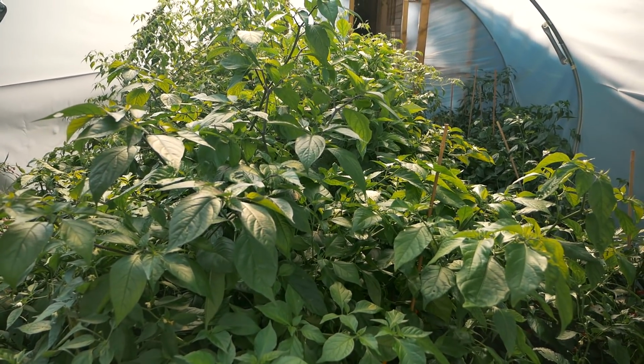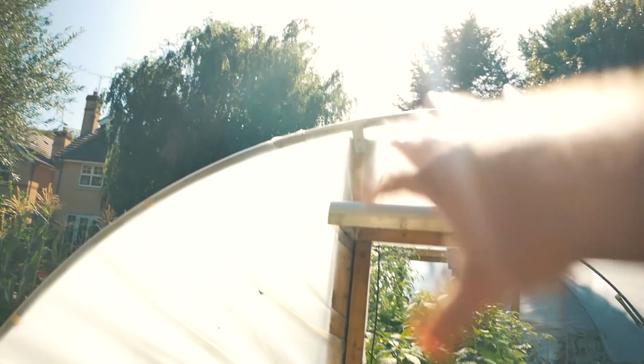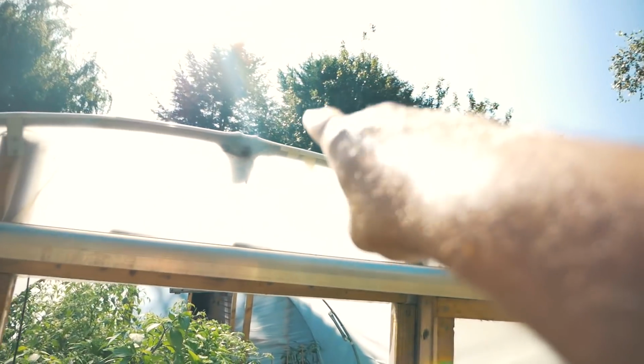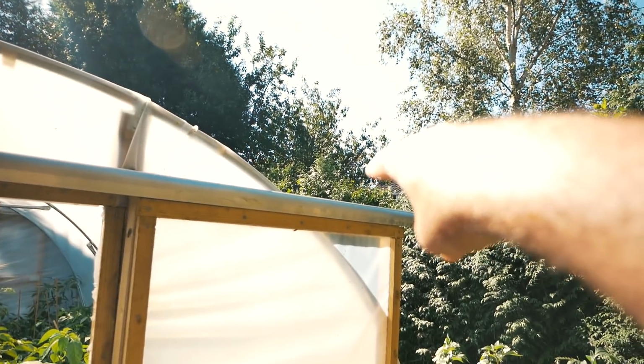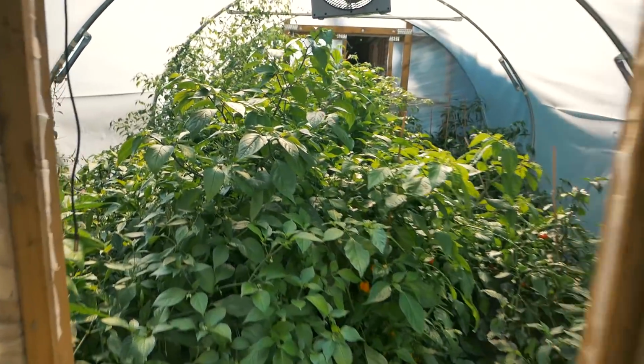The first one is where the sun is moving throughout the day. If we take a step outside again, if we look up there, the sun sort of rises that direction, comes across and sets down there. Now what that means is I get sun most of the day hitting the Polytunnel, which is great, but it does shade when it gets to the tree over there, when it hits this fence and also this tree and any of the houses there. Especially later on in the season, the sun is lower and lower in the sky. It's not as direct up in the sky as it is in the summertime,